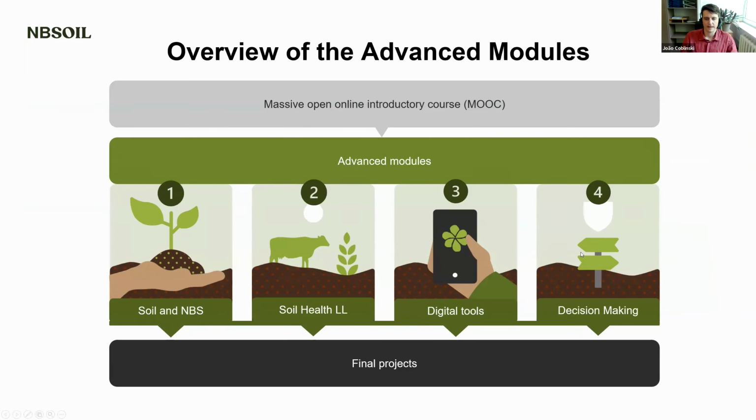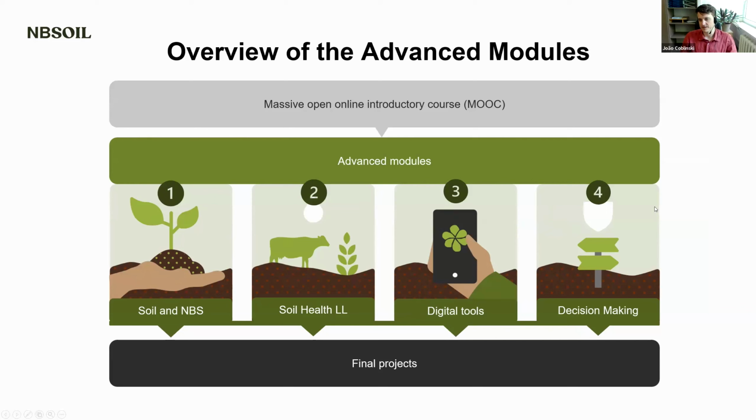The SOIL Academy is divided into 4 modules. The first one covers soil and nature-based solutions. The second covers soil health and living labs facilitation. The third module covers digital tools for soil health monitoring.